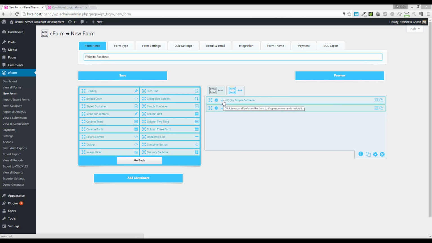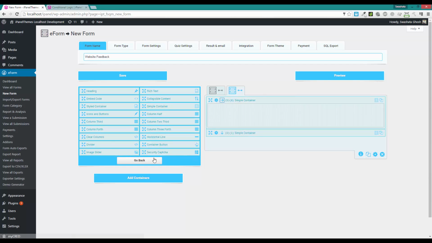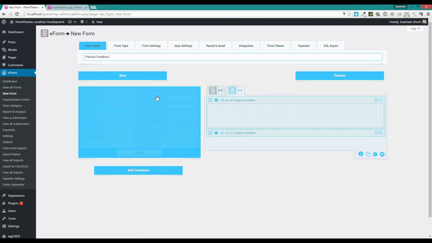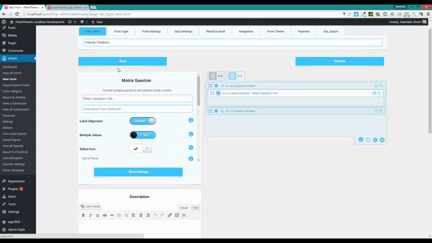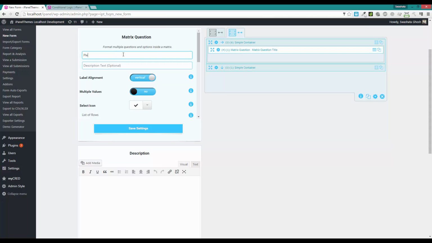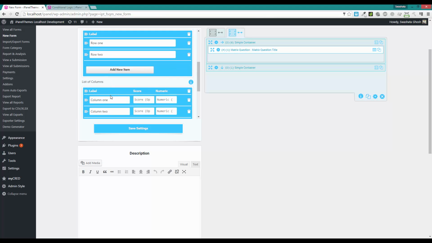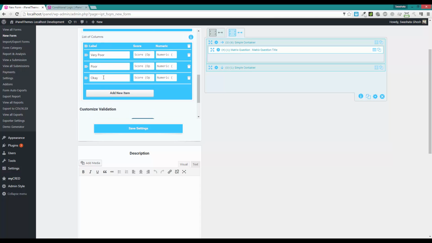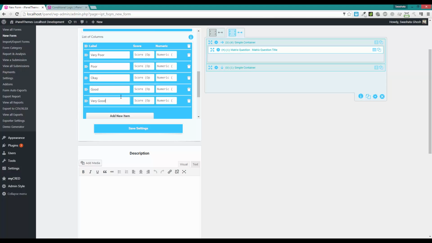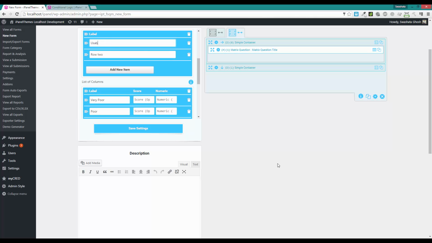Anyway, so the first container is going to ask user about why he liked our website. Specifically, we're going to put a matrix question in it, asking him to grade the features of our website. Please rate our website. Columns are going to say very poor, poor, okay, good, very good, and the rows are going to say usability,